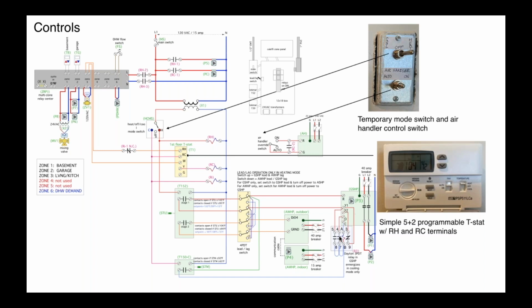So we had to put a little relay in. Again, here's an extra relay that's actually mounted right inside the wiring compartment in the heat pump. And that gives us the specific switching logic that the heat pump required to switch from heating mode to cooling mode. So again, I may be old school with relays as opposed to programmable controllers and so forth,